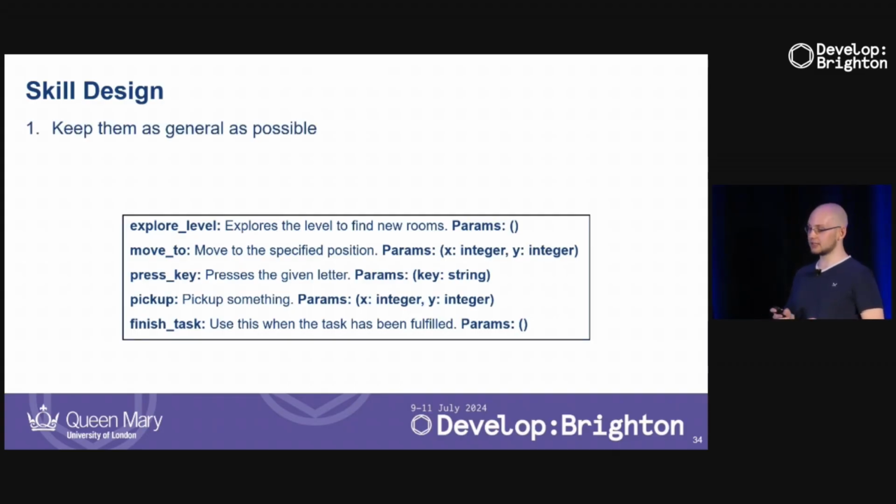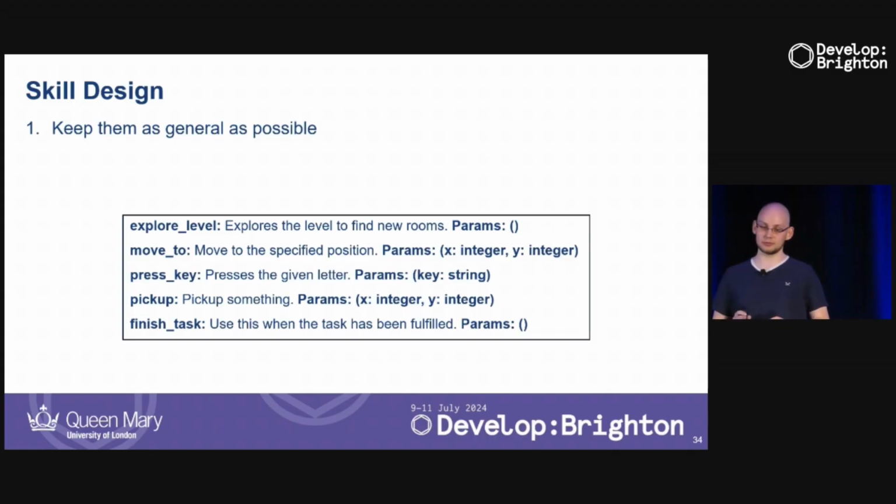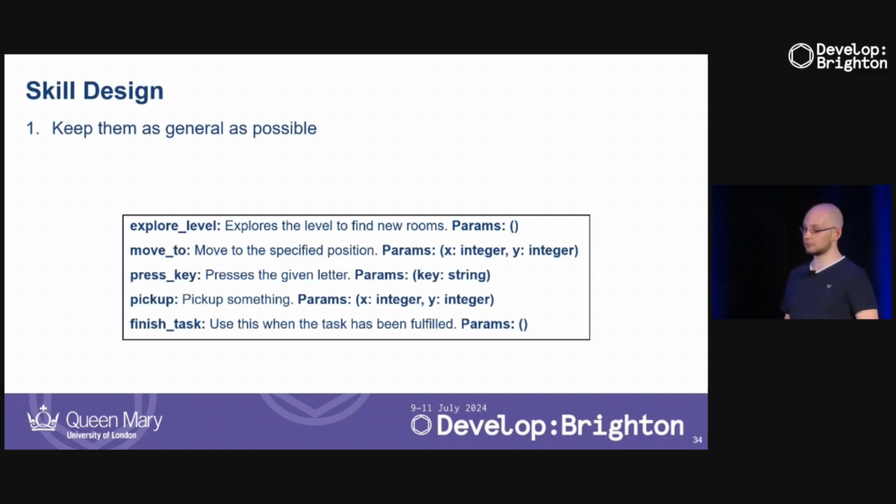Language models have the tendency to not fully understand what they're doing. So if you make very specialized skills, it's very likely that there's a very special situation where the language model makes a mistake and you try to make a skill that allows it to better handle the situation. That's not going to happen. In most cases, it's probably going to ignore this special skill, except in a situation where you don't actually want it to use it. So try to make skills that it can just use in a very general sense to do a lot of different things in the game.